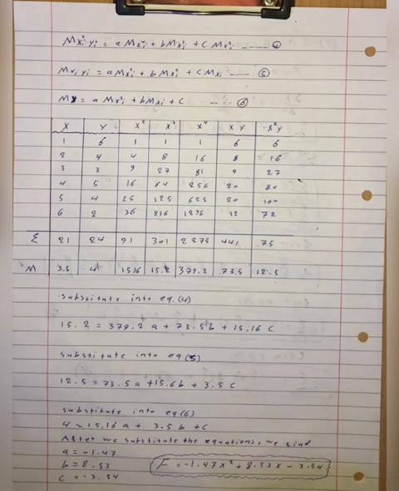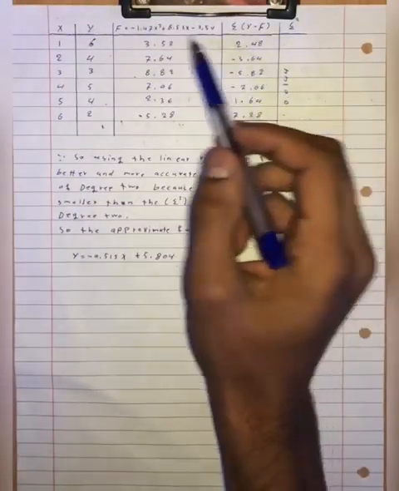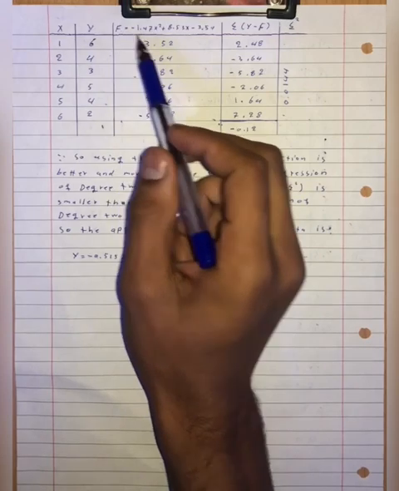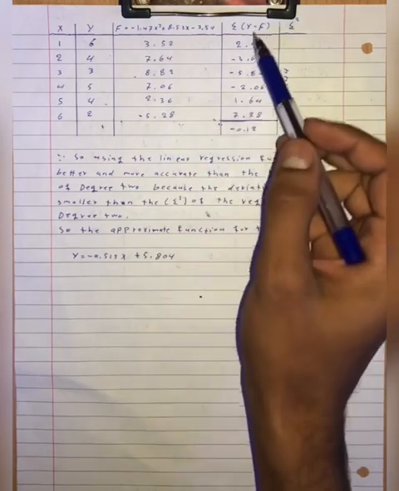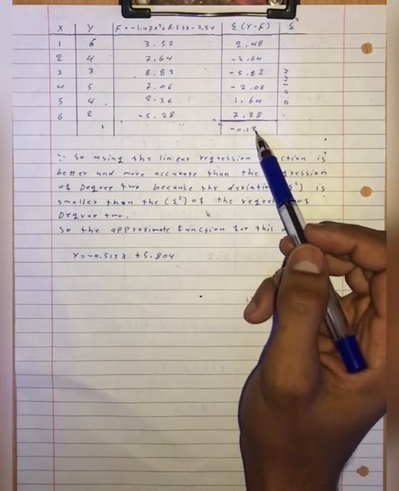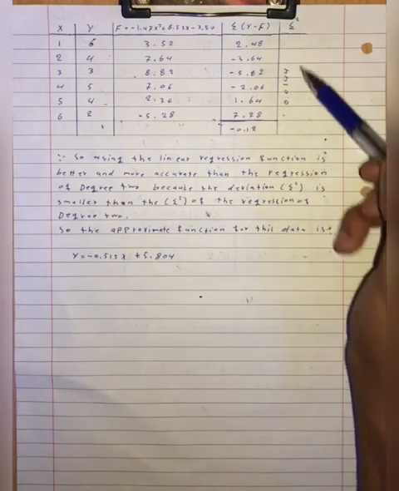And when we put these numbers in the original function, we have f equals minus 1.47x square plus 8.53x minus 3.54. We have to substitute x in this equation to find f. Then we have to find y minus f for each one. Then find the summation for this number. We got minus 0.12. Then we have to square it. We got